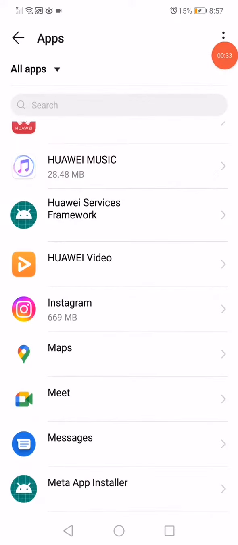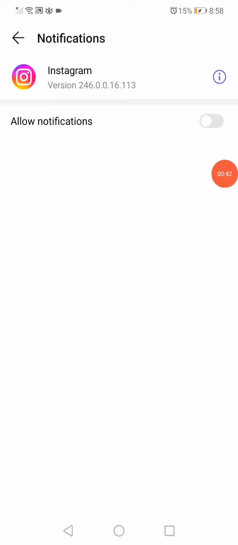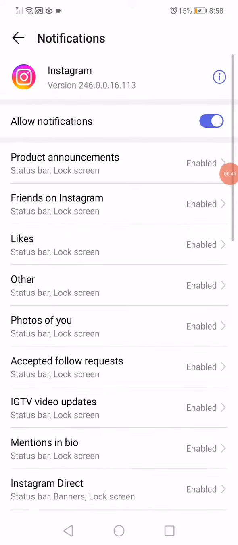scroll, go to the apps manager, click on apps. Now on this page you will find all the apps that you have on your phone. Click on Instagram, click on force stop, and then go to the notifications management, enable all the notifications like this,